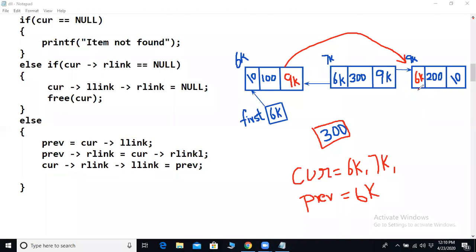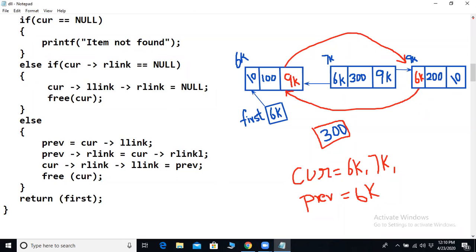And you have a connection established from here to here. Done. Then finally, one last line, that is free the cur. Then return first.